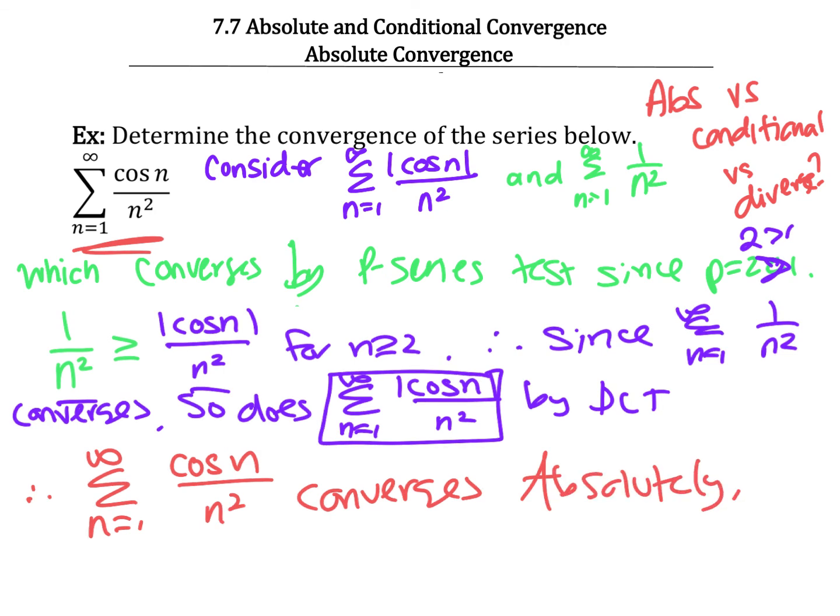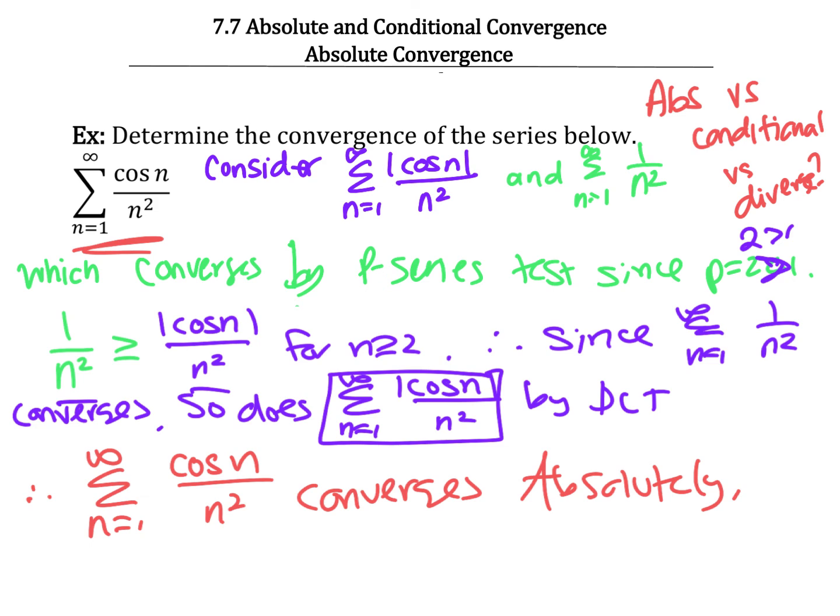So again, to recap, 7.7, absolute convergence means if all the terms of a series are positive and we can prove that it converges, then it converges absolutely. As opposed to series like the harmonic series that only converge when the terms themselves are alternating. That would be called conditional convergence, meaning that it only converges when the terms are alternating. So a series can converge conditionally, can converge absolutely, or can diverge, meaning regardless of whether or not it's alternating,